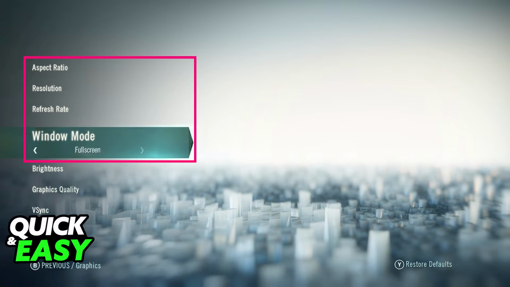You then have other options like I mentioned, the aspect ratio, refresh rate, and window mode. To get the best gameplay experience possible, set the refresh rate to the maximum that your monitor allows, set the window mode to exclusive full screen, and the aspect ratio to the native monitors that you have. After you change these, they will be applied instantly and you will be able to play through Assassin's Creed Unity